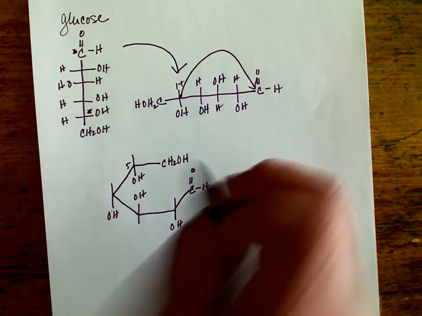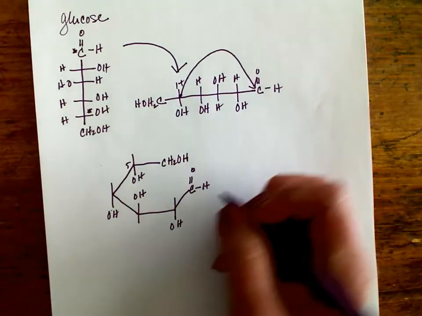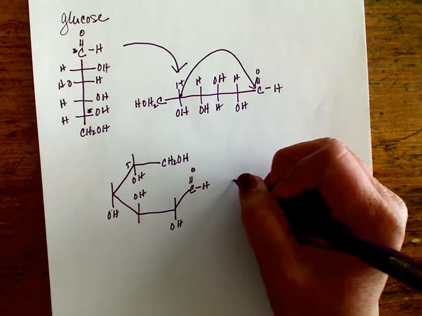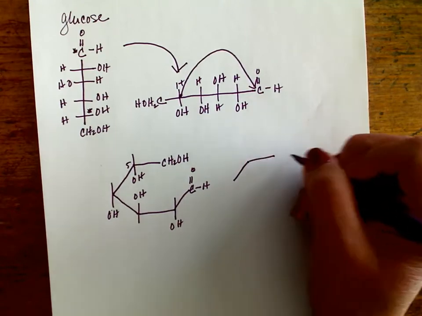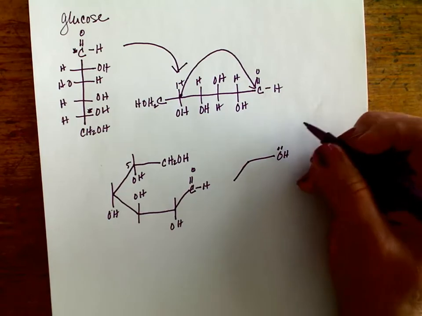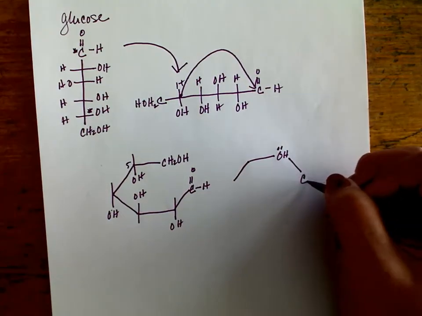I'm not going to draw the hydrogens in there. So there's going to be a rotation of C5 and C6 as that ring closes. And what we get then is the hydroxyl group on C5 essentially,